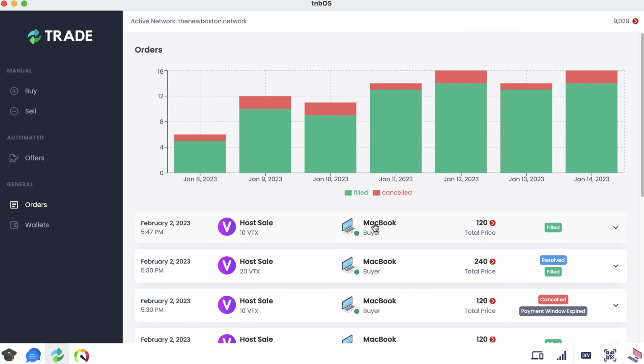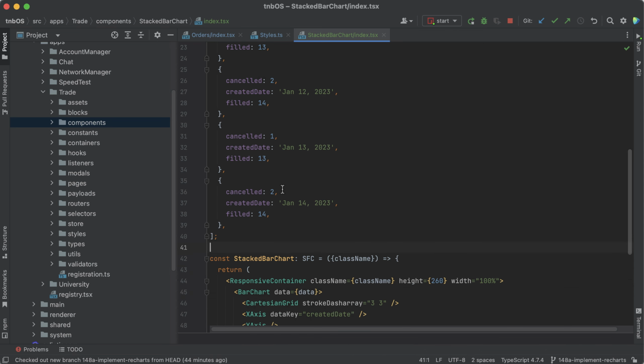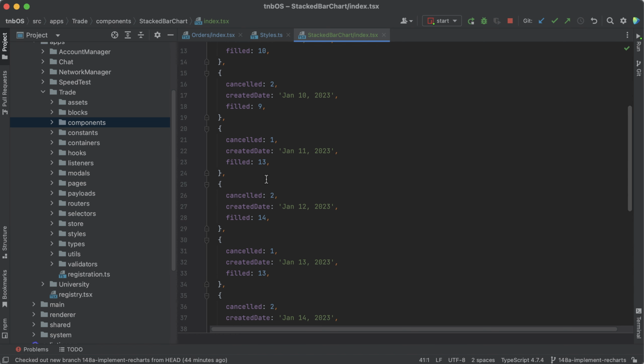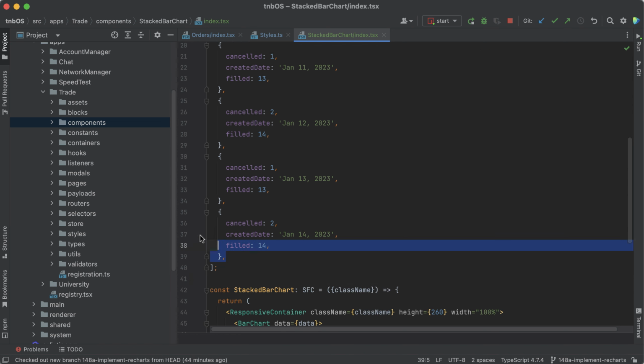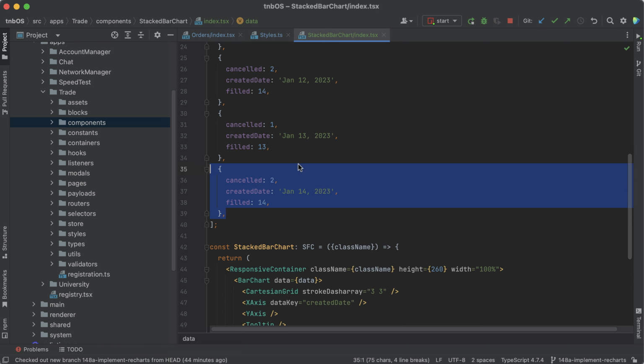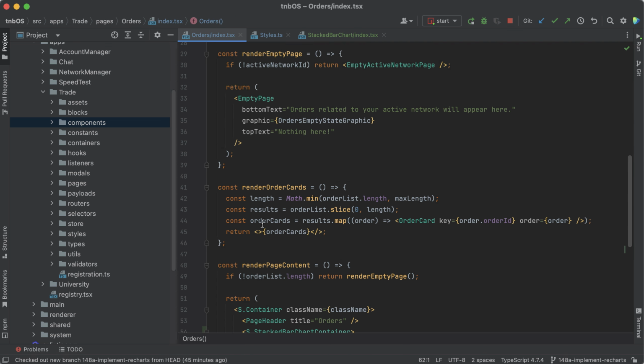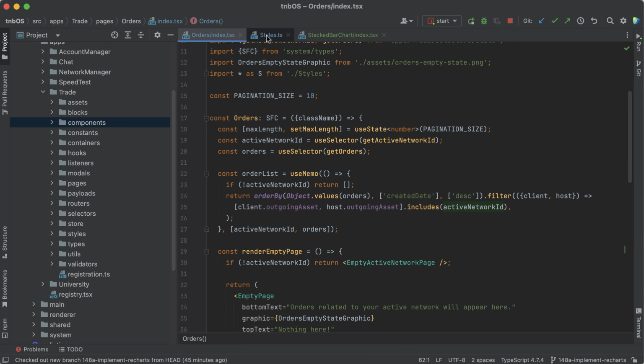All right, so again, like I said, what I like to do is kind of mock everything out with sample data, and then after that, I'll go ahead and write a function. We'll probably use memo for this, and it effectively is just going to return this exact shape of data. So on that note, let me actually go ahead and pass the order list into this component. I already calculated what list of orders should be displaying on that page, and